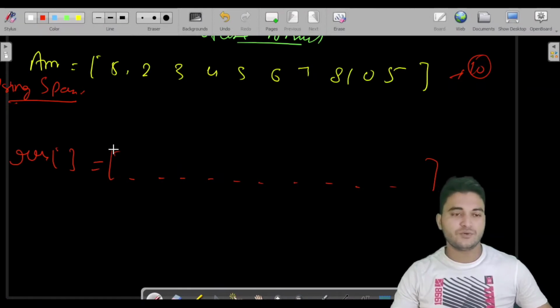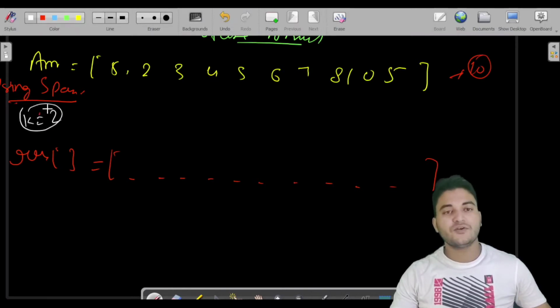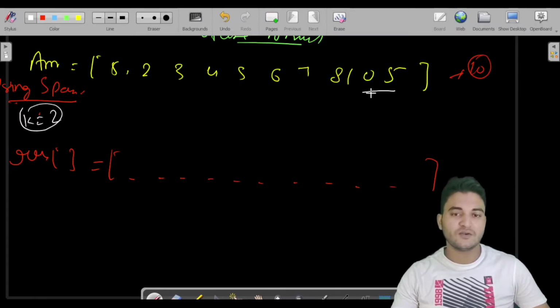So what you would do, let us say you have been provided k is equal to 2. You will pick the last 2 digits, like you will run a loop from 10 minus 2 to 10, that means 8 to 10, 8, 9. Fine.